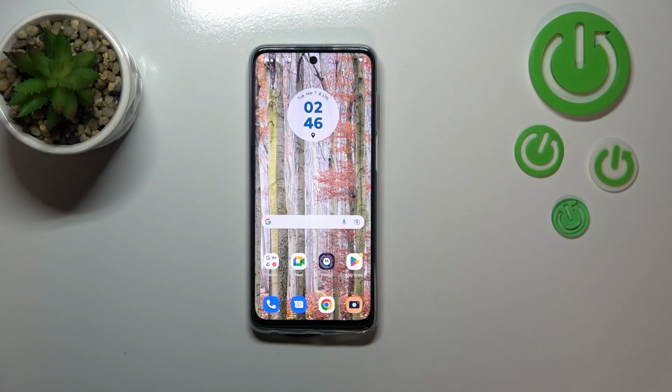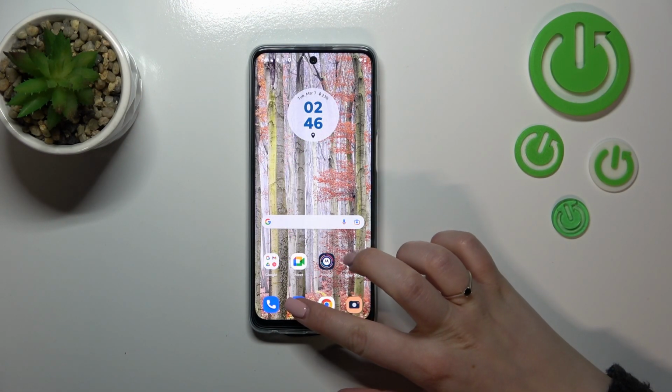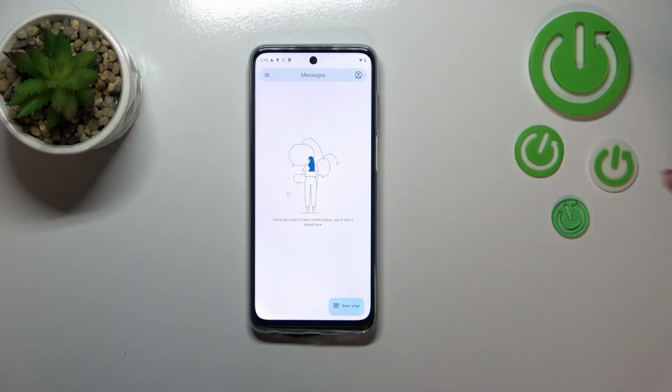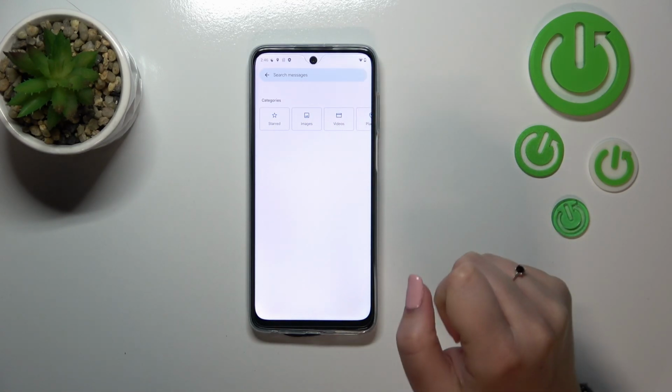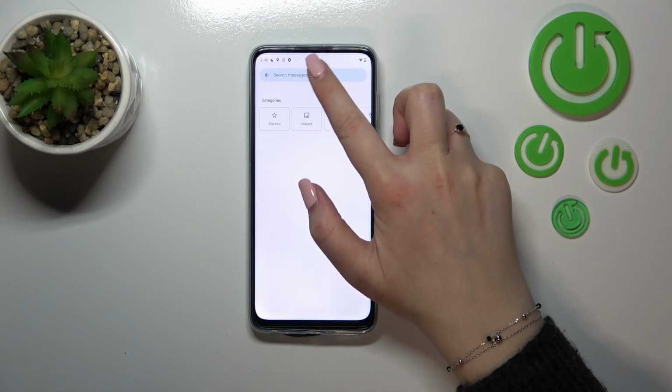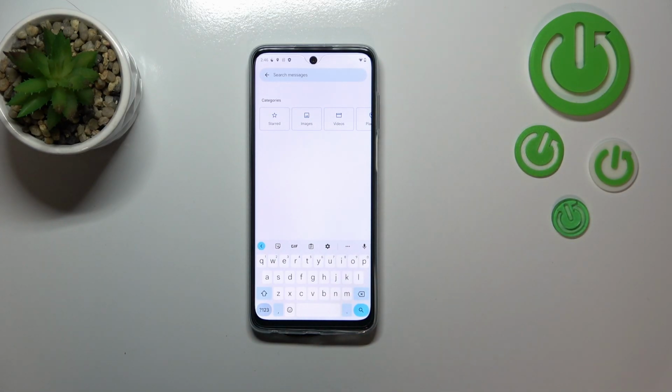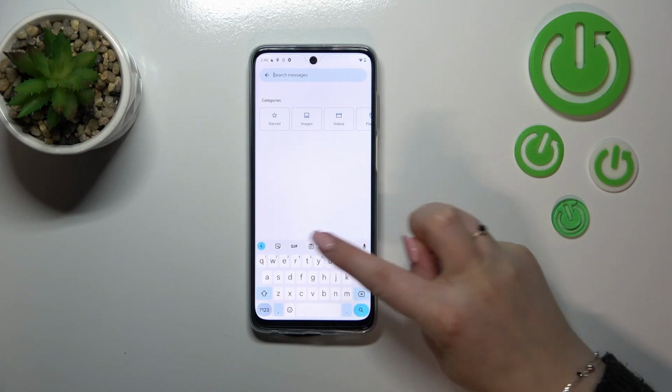So first of all, we have to open the app which will provide us with the keyboard. So for example, messages, notes, browser, whatever. Just have the keyboard on the screen. Alright, just like that, just have it here, and we have to enter the settings, which are in this kind